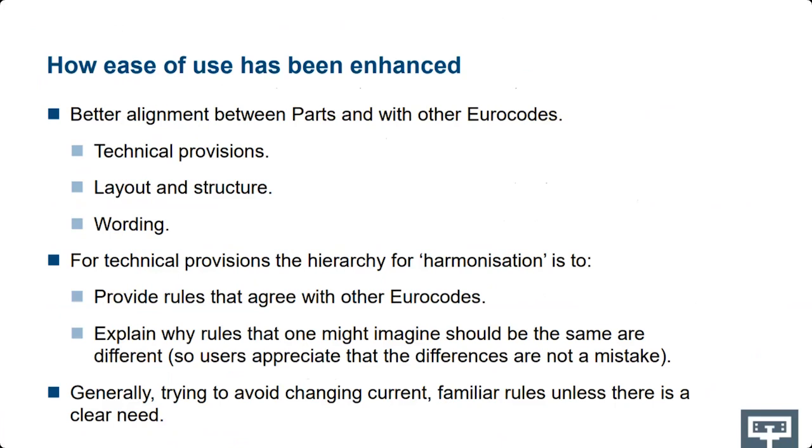It would be better for designers if Eurocode 2 and Eurocode 4 both used the same approach to deal with the same problem. But I spent quite a lot of time looking at this and realised that in many cases there was a good reason why Eurocode 4 did it differently. It wasn't just that we'd been working in silos and come up with a different answer. The physical difference between a composite element and a reinforced concrete element was the reason why we did things differently. So we decided that where we couldn't align, we would try and explain why there are differences rather than somebody just getting annoyed or thinking it was a mistake or whatever.